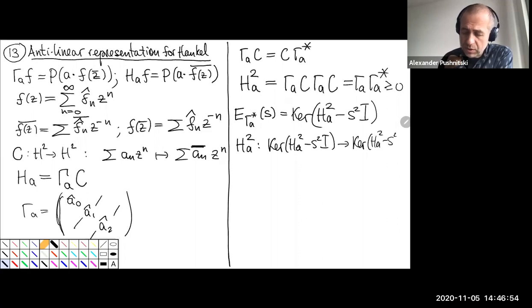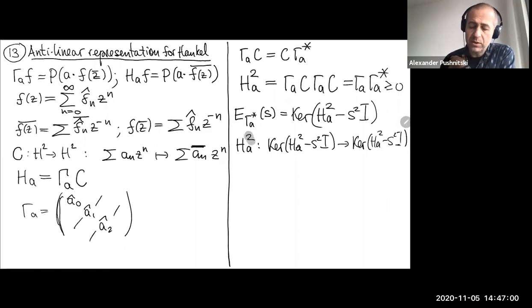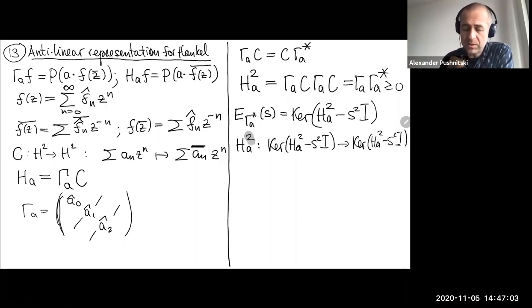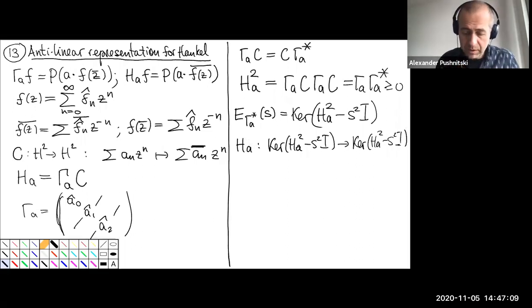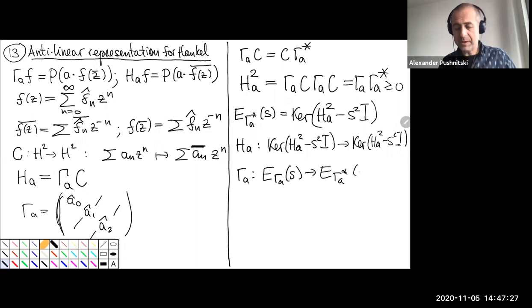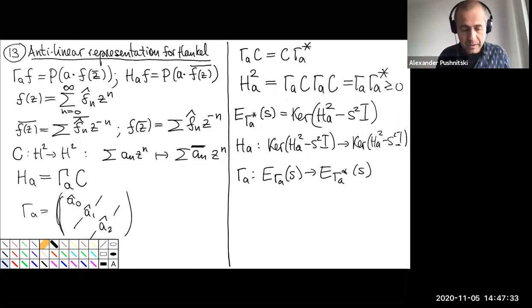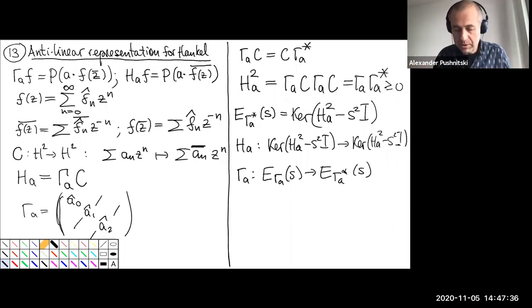And this is the advantage over the linear picture, because, sorry, this is not HA squared, this is HA, right? So it acts on this subspace, on this kernel itself. This is the advantage over the linear picture, because in the linear picture, remember that here we had that gamma A acts from one subspace to another one. And so it's convenient to fix the subspace and work, and then we pay for this by having an antilinear operator. So this is really just a matter of notation, or a matter of language, if you want,